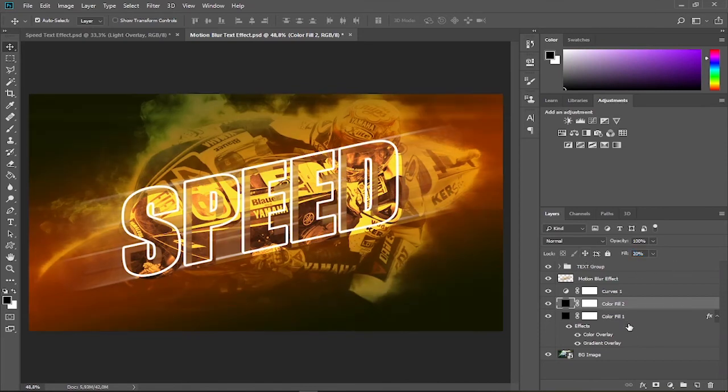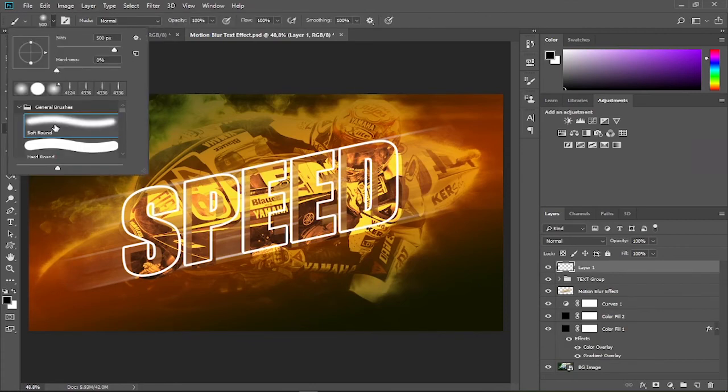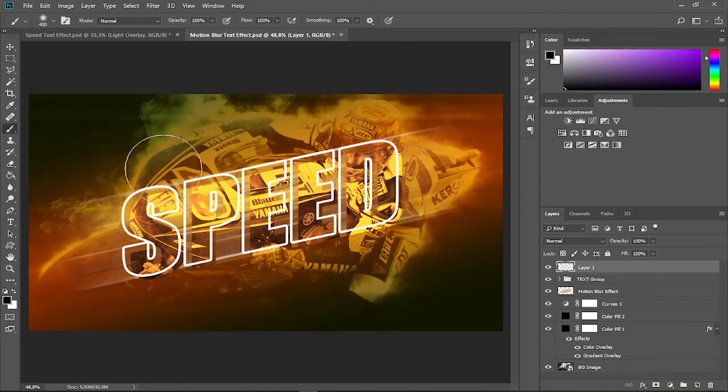And then you might also want to add some more highlights to the text area. So select the text group and add a new layer by clicking this icon. Then activate the brush tool. Select the soft round brush preset with 400 pixels of size and 0% of hardness. Set the smoothing amount to around 40%.